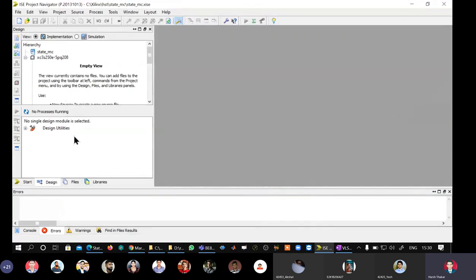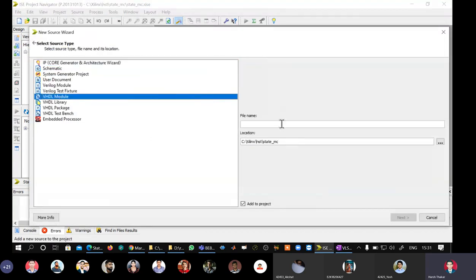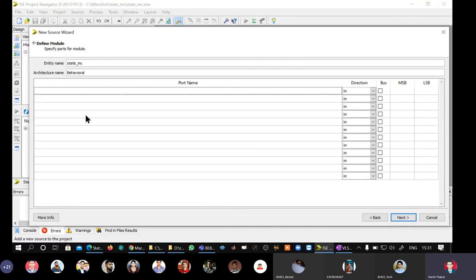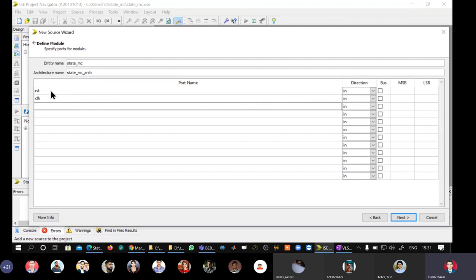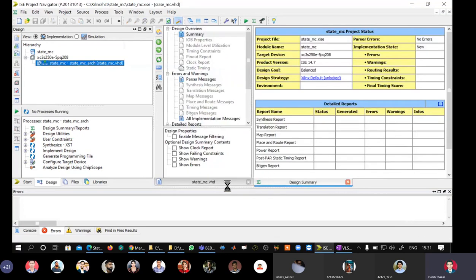Go to design window, implementation mode, target line, right click, new source, module, Control C. Next, change the architecture name to entity name underscore ARCH. First input reset, second input clock, third input W, output Z, defined as out. Next, finish.